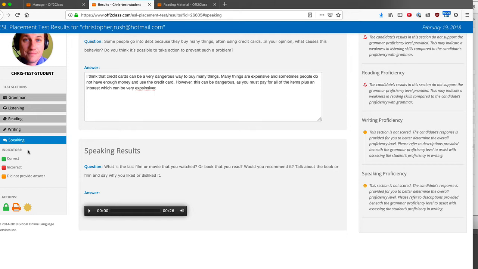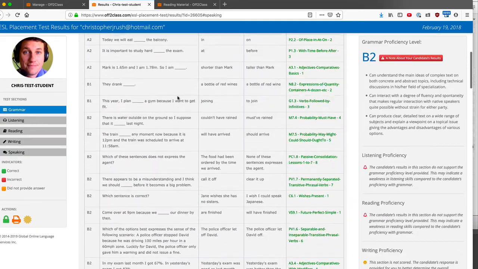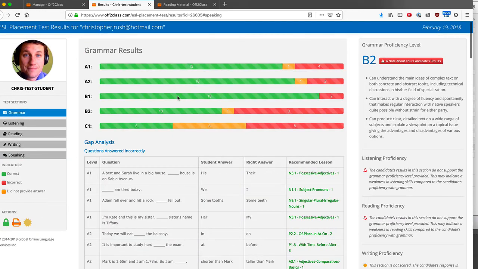I also have some actions that I can take. If I click on the padlock, that will give my student access to the results. However, the results can be difficult to interpret without you, so keep that in mind. If I'm on a white label plan, I can print the placement test results, and I can also create a certificate. So if I click the certificate,